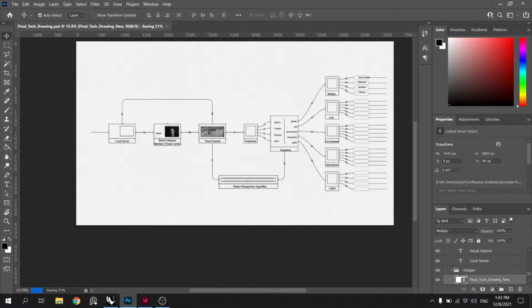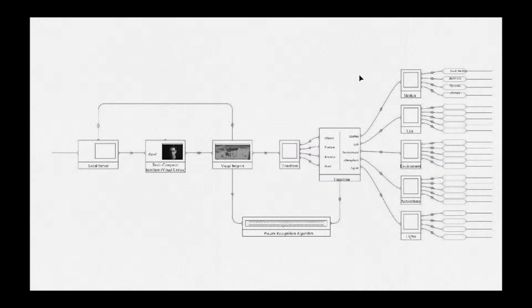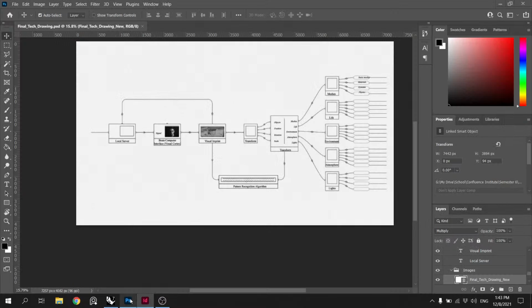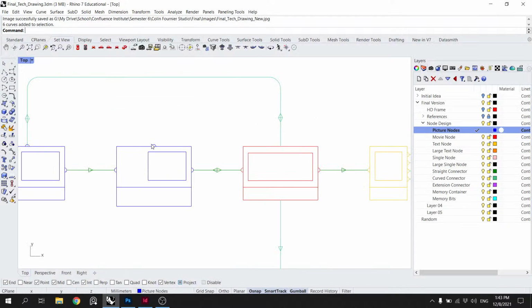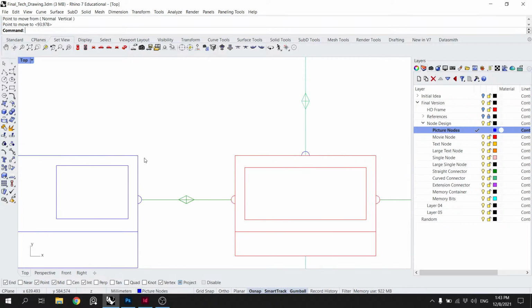It gets updated, and then so does this one. Oh, I put that node in the wrong place. So it gets put from there to there.